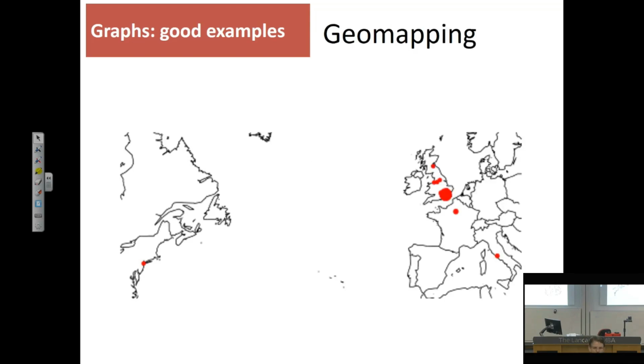Okay, we talked about geomapping, and this is, again, what you've seen already. These are the places that people in the British National Corpus go or travel to. And again, when we have geolocations in a corpus, we can always put them on a map just to see what is happening from this perspective. And again, this is a graph that we will be able to reproduce in the computer lab using the Lancaster stats tools online.